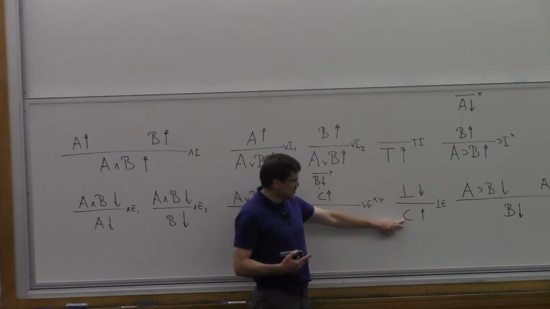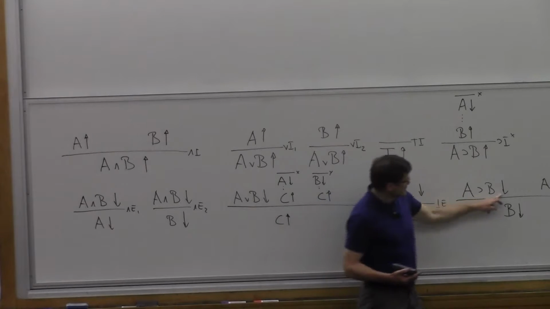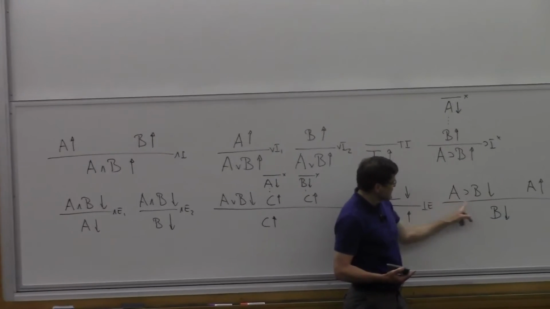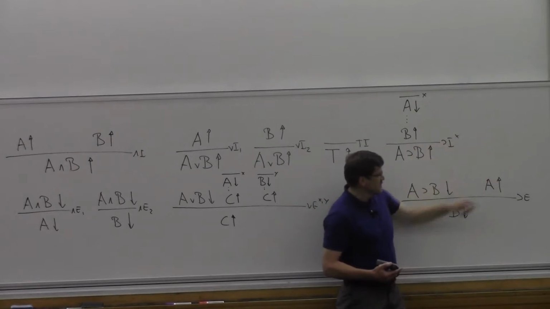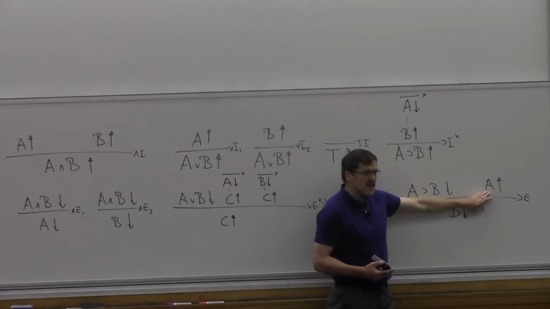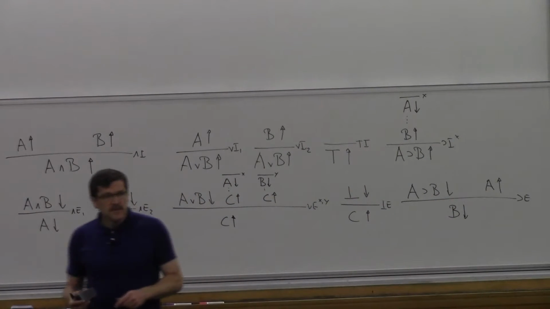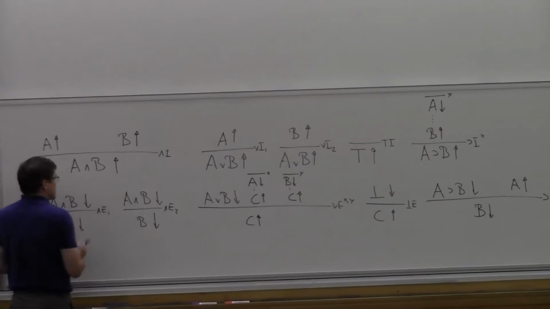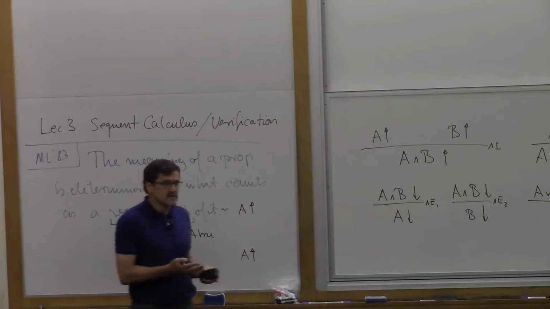Here it's a little weird. I'm trying to prove C, so that's a subformula. This has to be a subformula of what I started with, and therefore there's nothing new here. Here, this is a subformula, sort of inductively. And then B is also a subformula because it occurs in this one here. And A is a subformula because it occurs in here, and we're going to construct a verification here, and that verification consists only of subformulas of that. It's a very sloppy inductive argument, but you can make it precise. So because we only use elimination rules downwards and introduction rules upwards, the whole verification of some proposition A that we start with is only going to consist of subformulas.